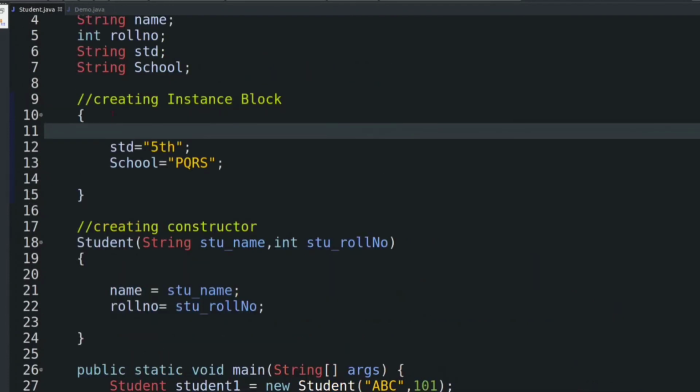Okay, now as we discussed earlier, instance block always runs before constructor. So let's check it out. Okay, so here inside the instance block just put a message, hi, I am instance block.